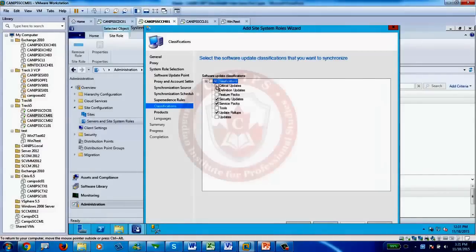Second, here, what type of updates you want to download? We can download critical, we can download definitions, download security. We don't need service packs, we don't need rollups. So at this point we're just downloading these 3 types of updates. Although